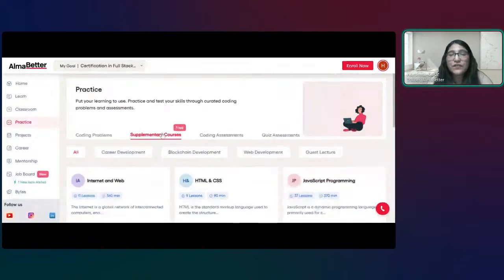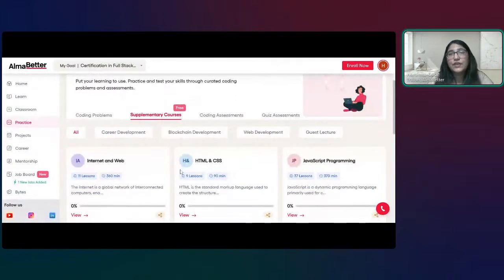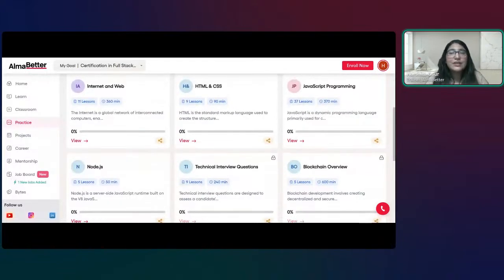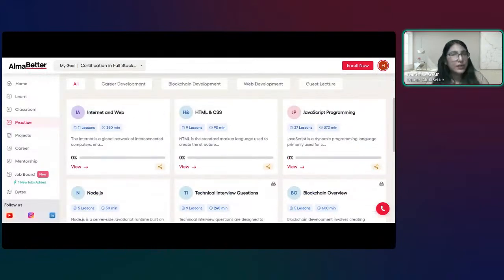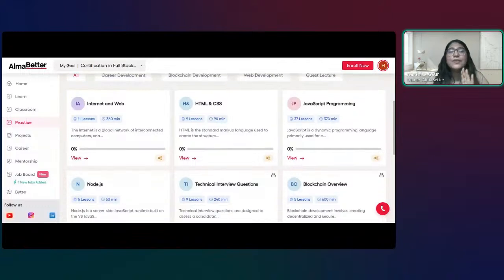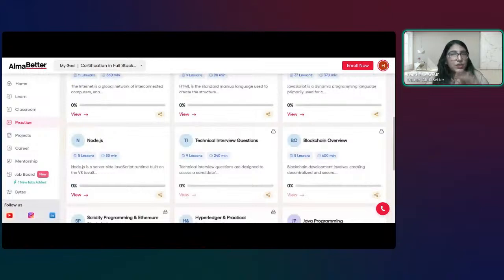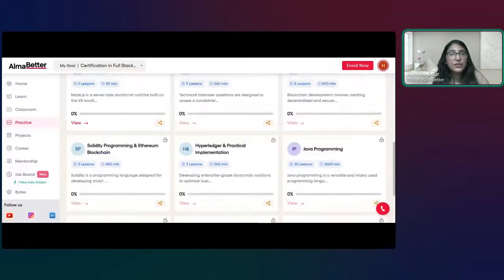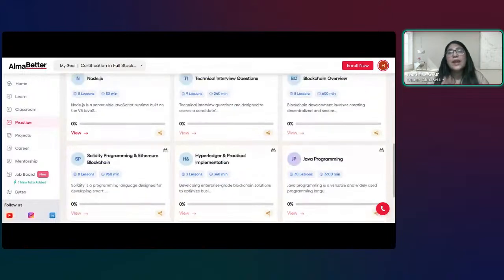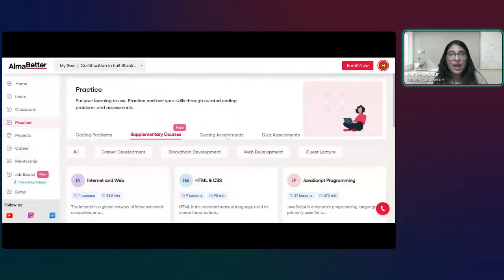Here we also give you some supplementary courses. So if you are interested to get some additional certificate, right? We also offer you some small programs here. These are already included in your course itself. So you can do these small programs as well to utilize your free time and to get some more knowledge. Definitely you will get some additional certification by this.